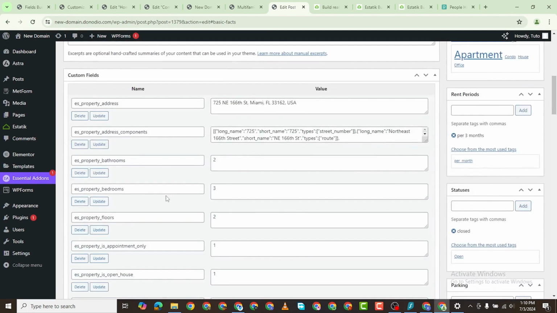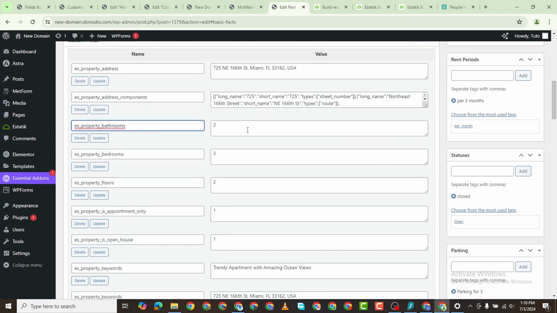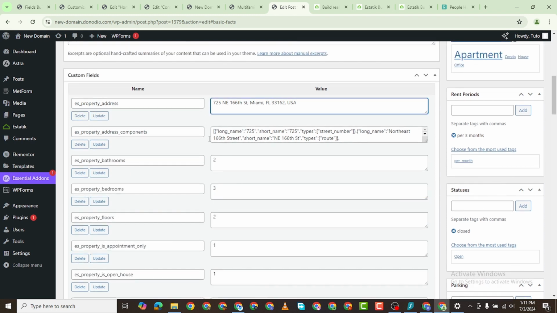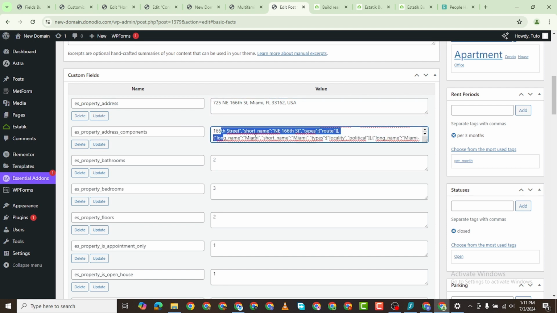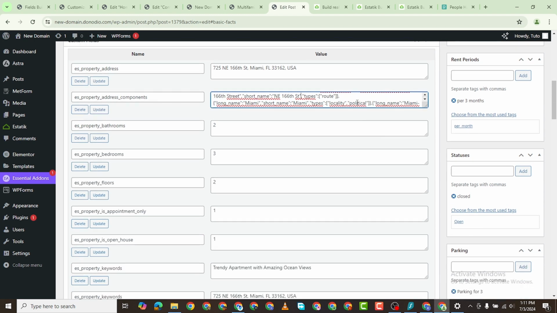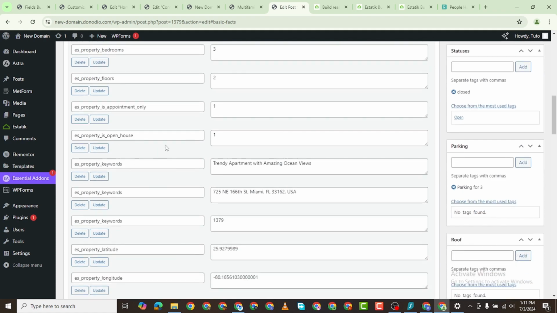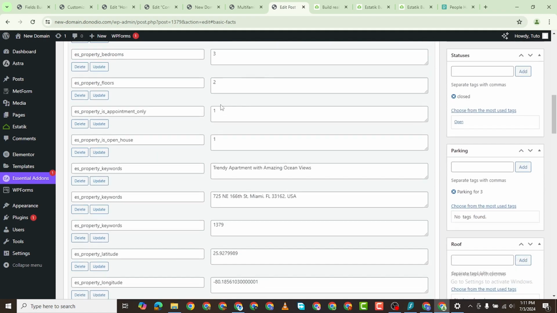So this is where now you see property bathrooms. You can add property bedrooms. You can add property address. You can put the address components. What you can do is you can simply edit all of this and add your details here. And then is open house 1, appointment only 1,